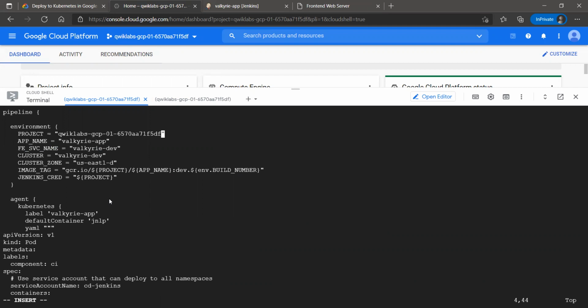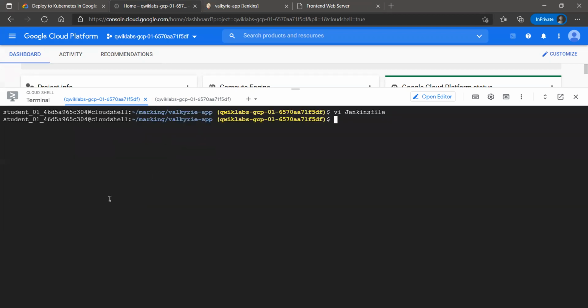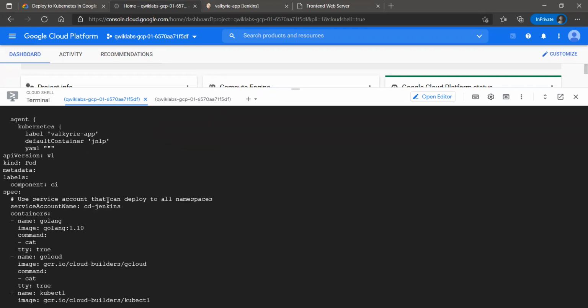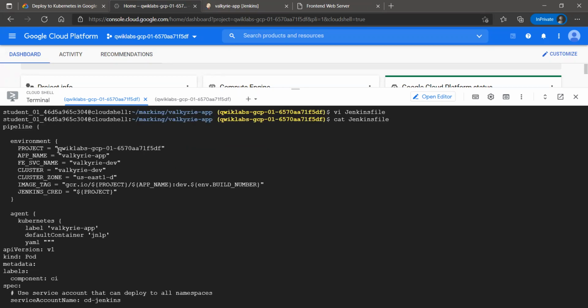And simply paste here your project ID. Click on escape, :wq, hit enter. So your Jenkins file is successfully updated. Now let's see if it's done or not. Yeah, so it is successfully updated.